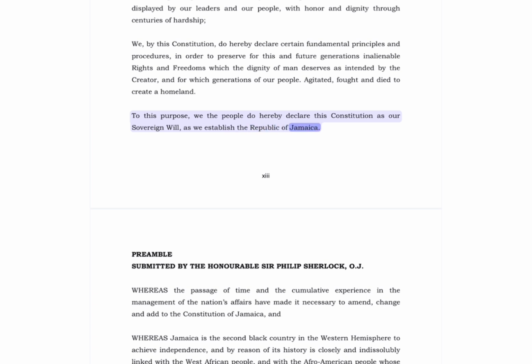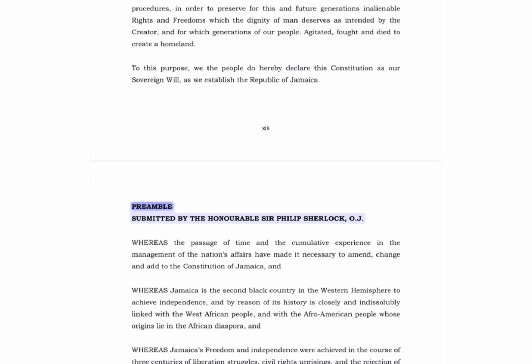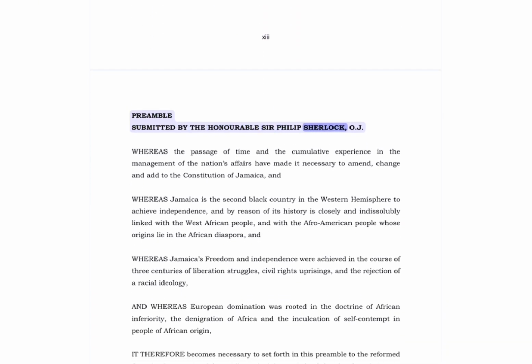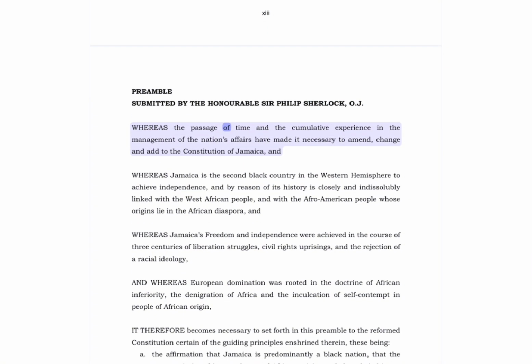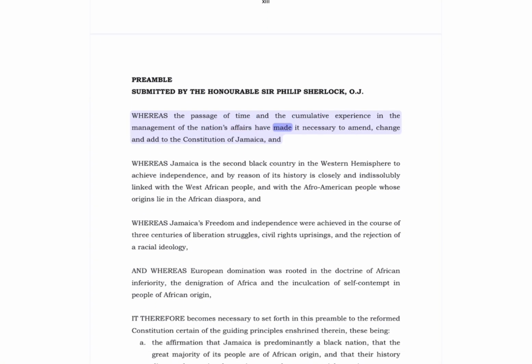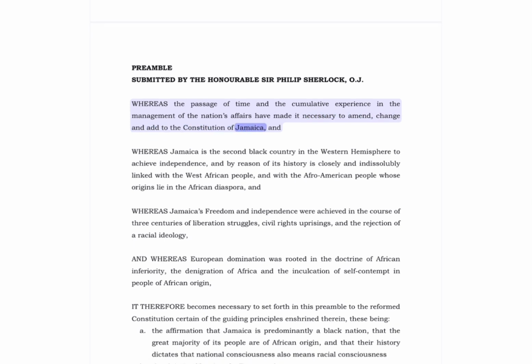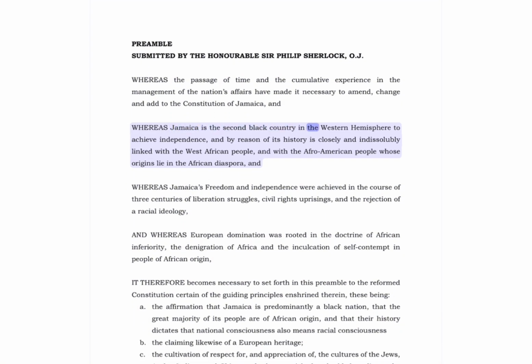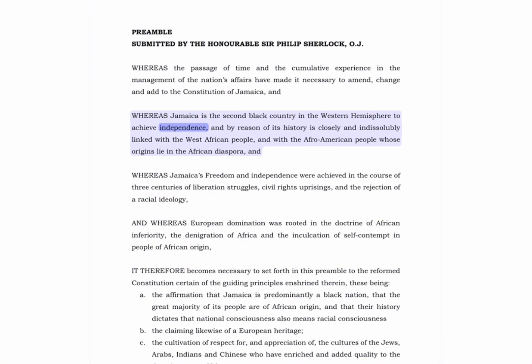Preambles submitted by the Honorable Sir Philip Sherlock, O.J. Whereas the passage of time and the cumulative experience in the management of the nation's affairs have made it necessary to amend, change, and add to the Constitution of Jamaica. And whereas Jamaica is the second black country in the Western Hemisphere to achieve independence, and by reason of its history